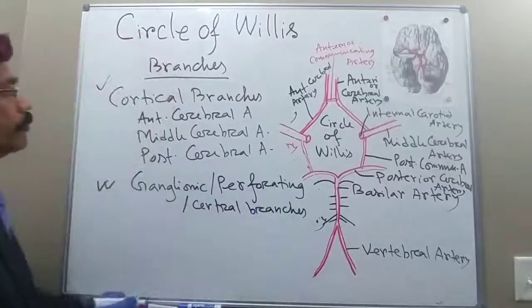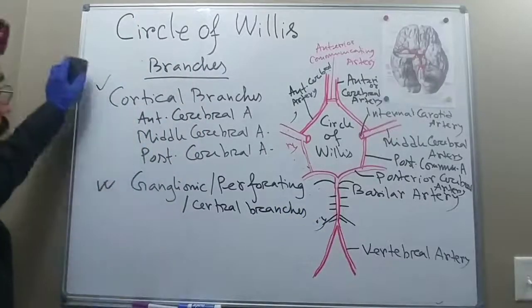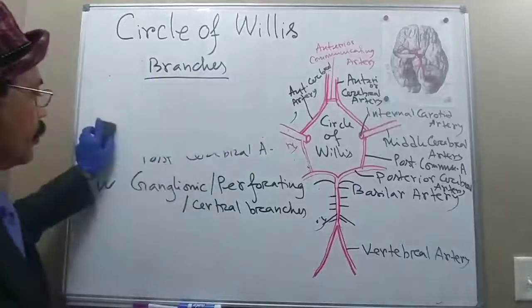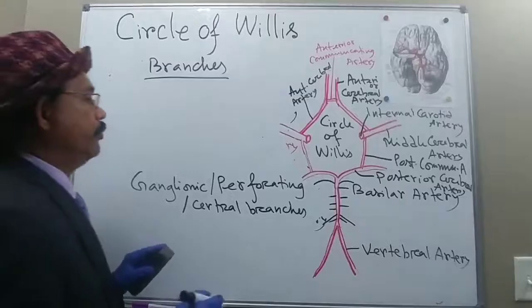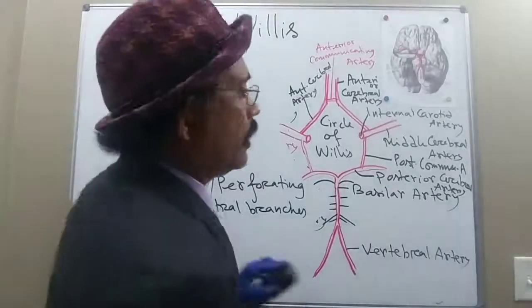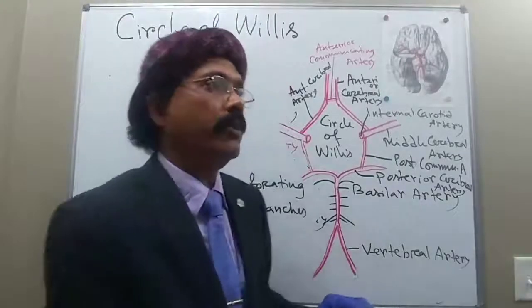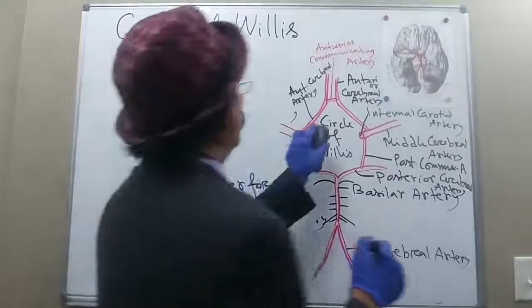Okay, so we'll go through that part. We have ganglionic, perforating, and central branches. Where are those? These are small branches. They go inside the brain substance and supply multiple structures, like